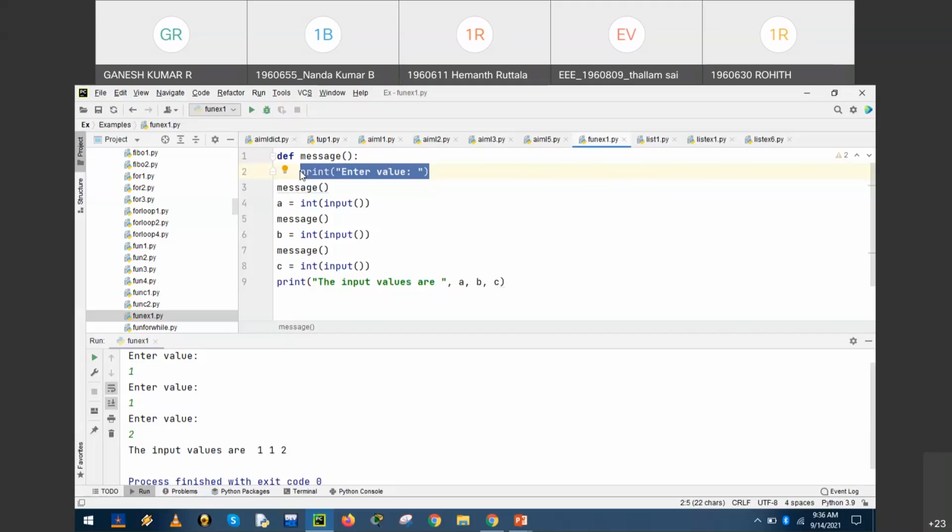So instead of calculating the salary for 100 employees separately, we can define: print enter the salary, 10% HRA, 50% DA, and another 5% for other allowances. Total is basic plus HRA plus DA plus other. So all we need is to enter the basic salary, and it will calculate for all the 100 employees.